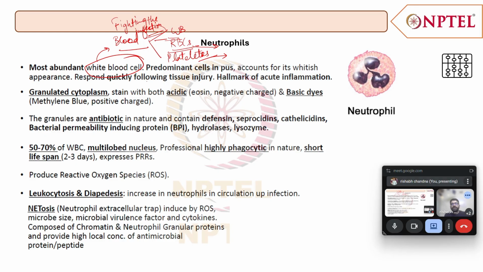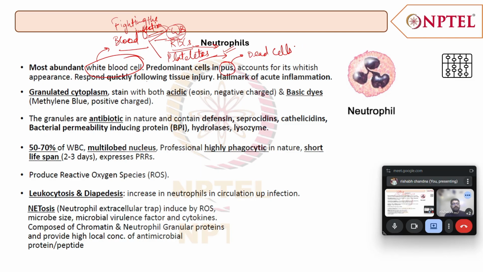Now in this immune system part, we'll mostly talk about different cells that are involved in the WBC component. So the most abundant WBC is the neutrophils. These are predominant cells in the pus. So pus is basically the dead